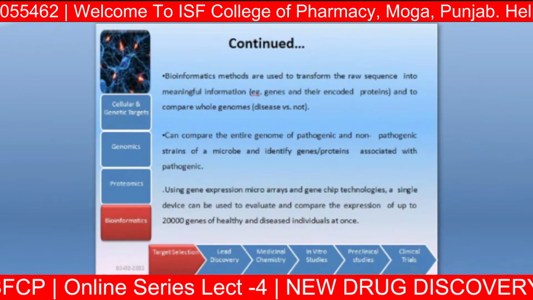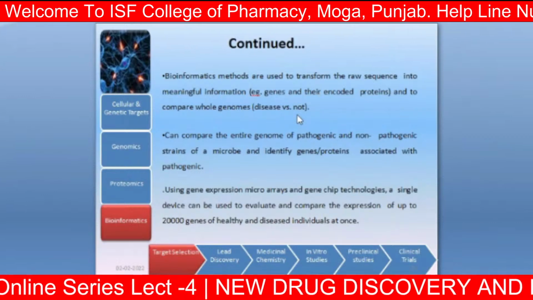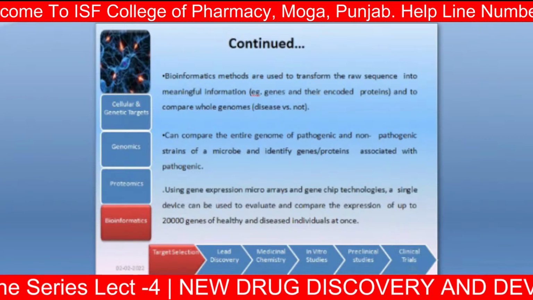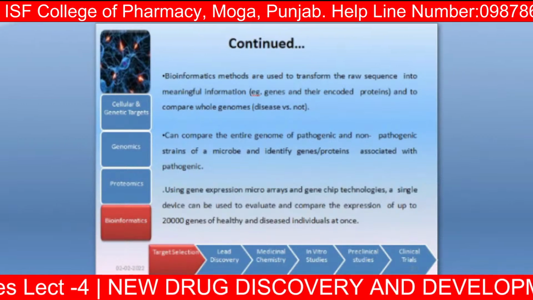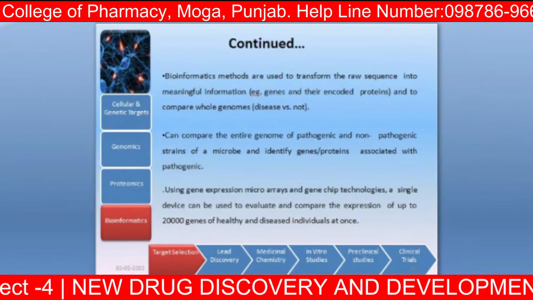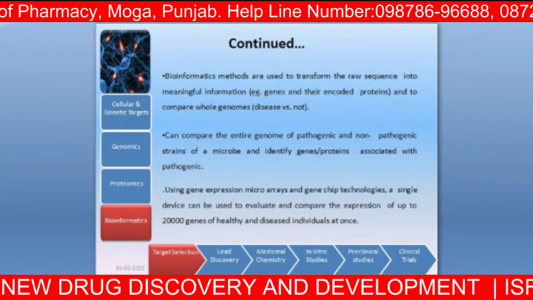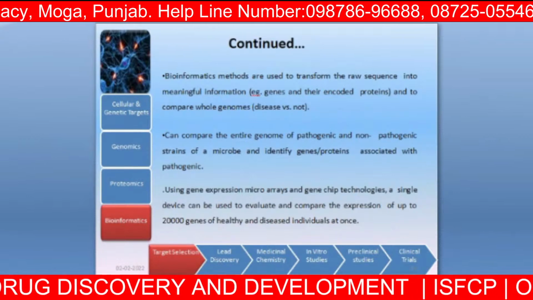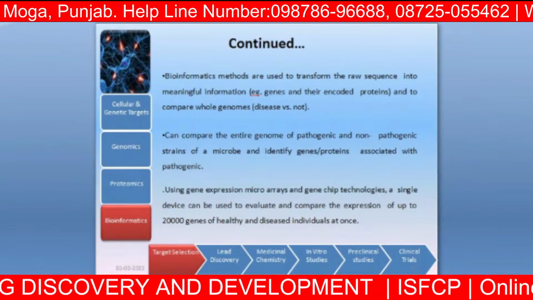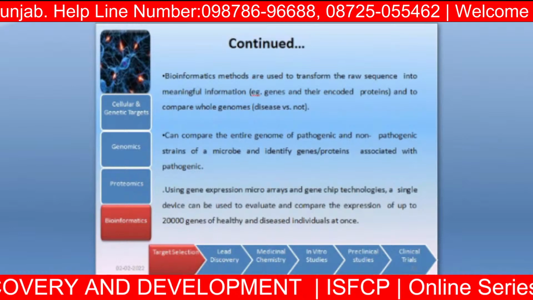This means that with microarrays and gene chips, we can identify a healthy as well as a diseased state, and observe the basic properties of the genes and what changes occur in a particular disease, what mutations are there, and what coding is altered in the disease. That can be identified by the gene chip as well as the microarray system.